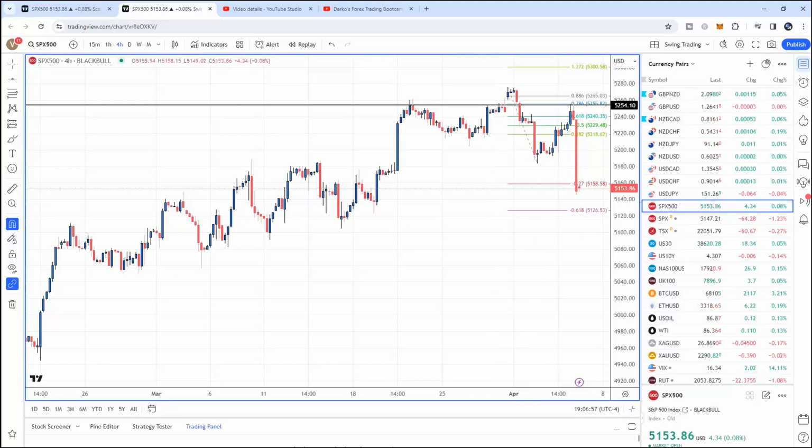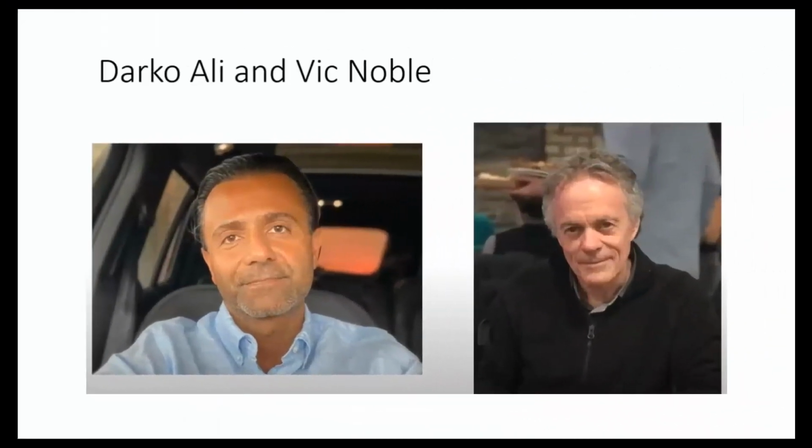But how nice that the S&P provided us with Darko's favorite pattern in action, right after he showed it in the webinar. So you can see how powerful this pattern is. This particular pattern has been very, very reliable. We've been using it for many, many years. Not every time, obviously, but most of the time it works really well, assuming, of course, the trade is managed